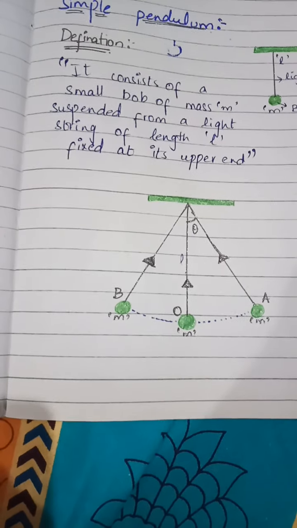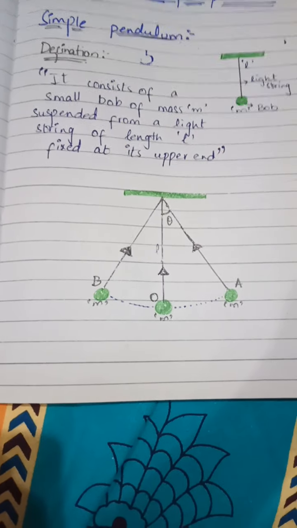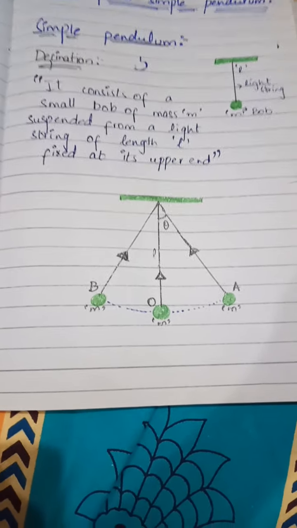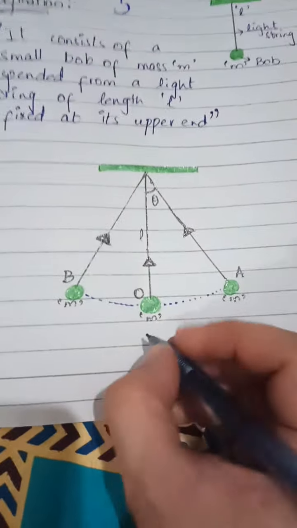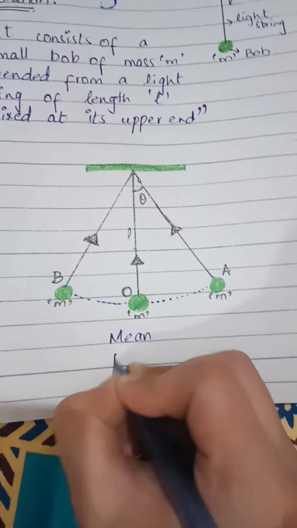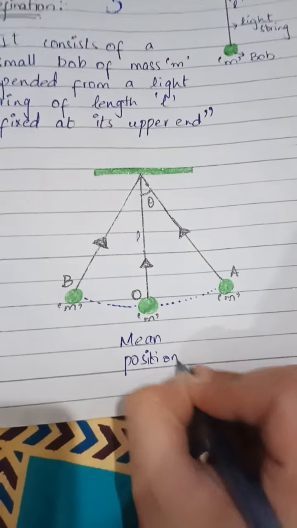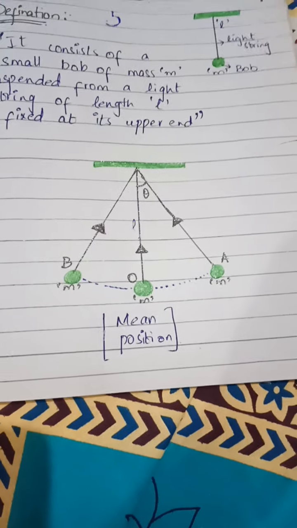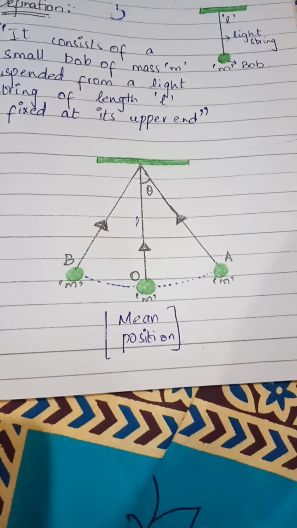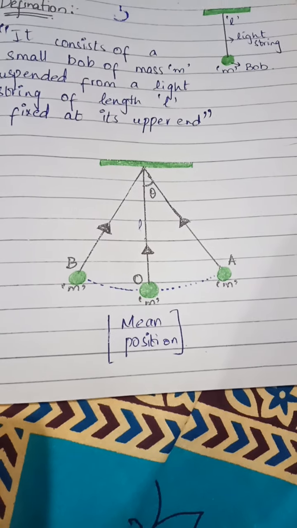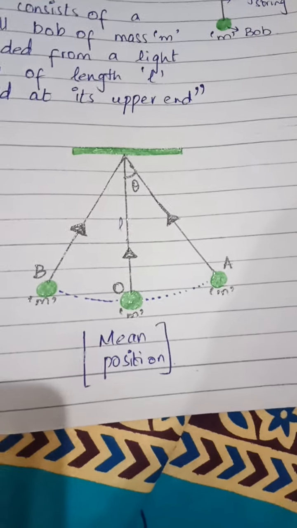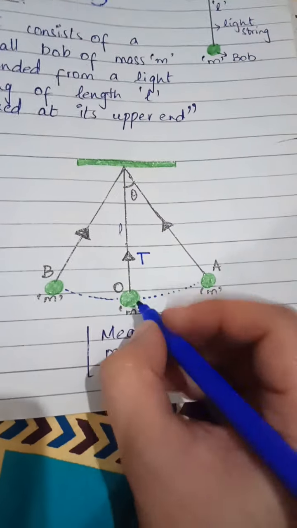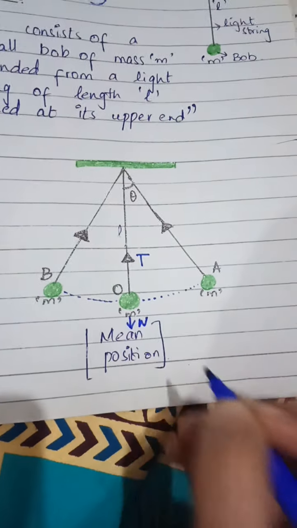As we have discussed before, the ball and bowl movement and the motion of mass attached to a spring. First let us talk about the position of the ball when it is at mean position. Here we have the mean position. Now we'll look at different factors. Which two forces will be acting on it? The first one is tension and the other one is weight. Tension will always act upward and the weight of the body always acts downward.